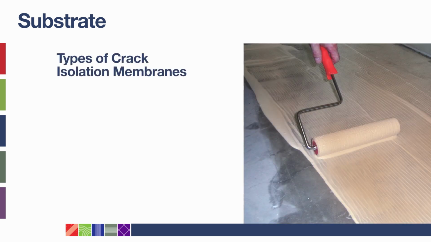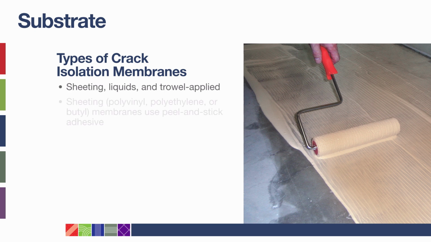Moreover, there are a variety of crack isolation products available. They include sheeting materials, liquids, and trowel-applied membranes. In sheet applications, the sheeting material, such as polyvinyl, polyethylene, or butyl, is placed atop a layer of mortar or adhered directly to the substrate via a peel and stick adhesive. Another layer of mortar is needed to set the